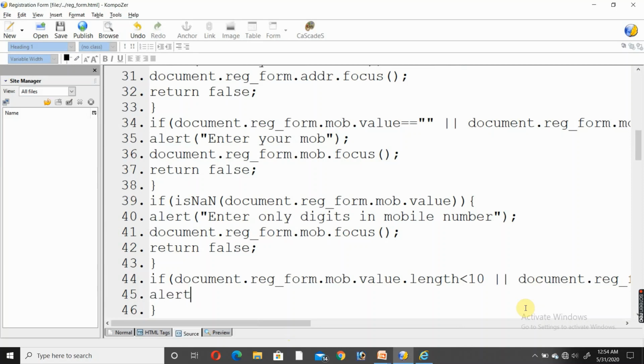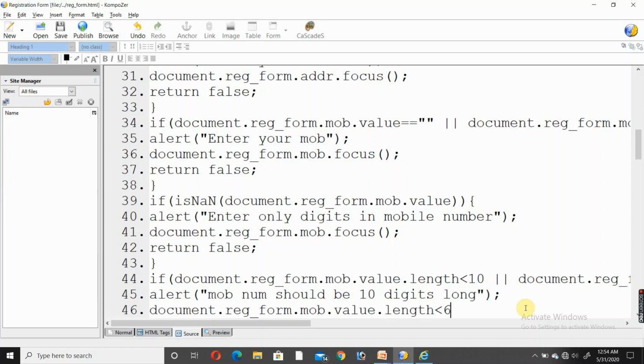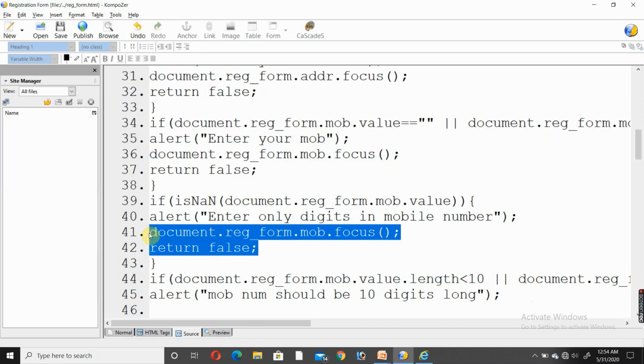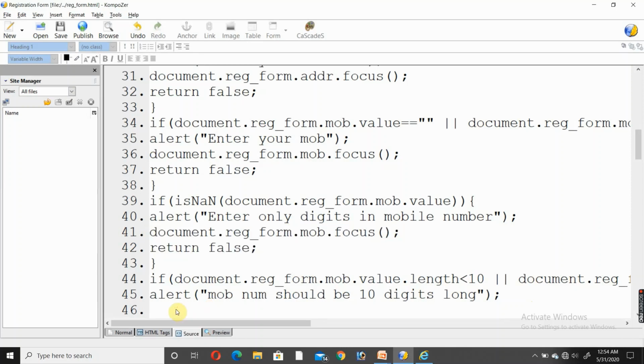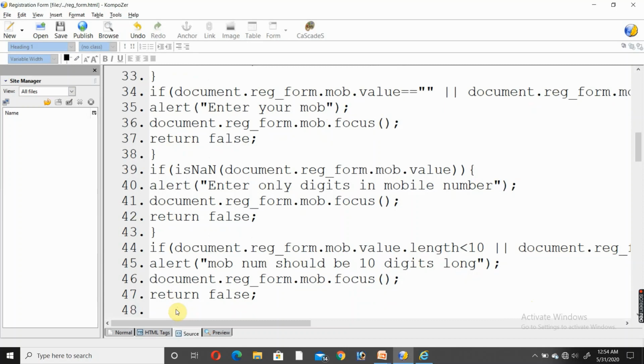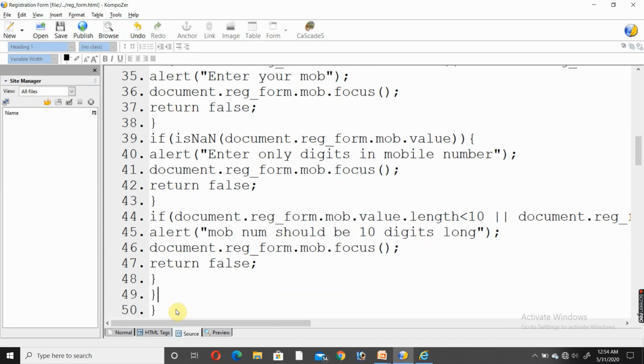Alert: mobile number. This is user friendly message. Should be 10 digit long. Fine. Control V. Control C. Control V. Fine.